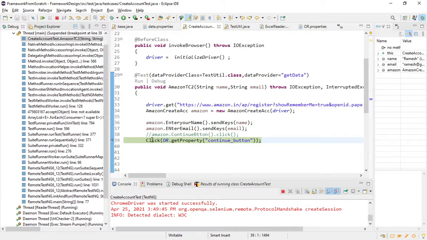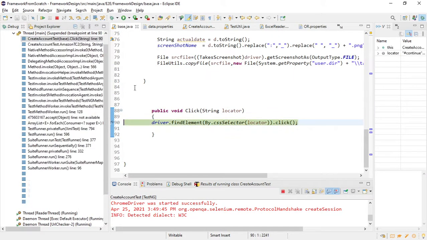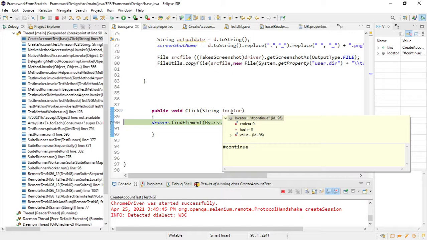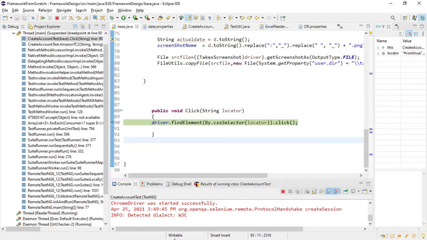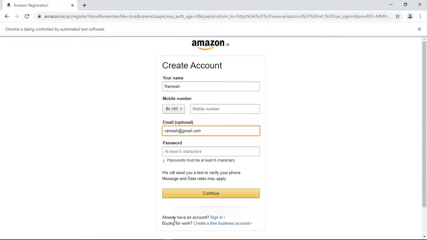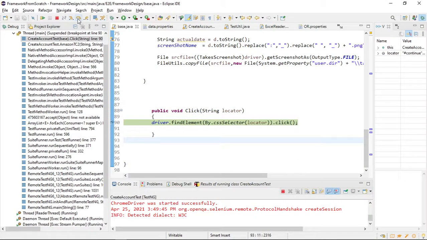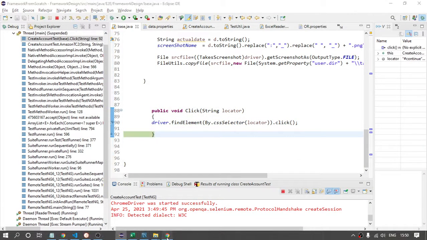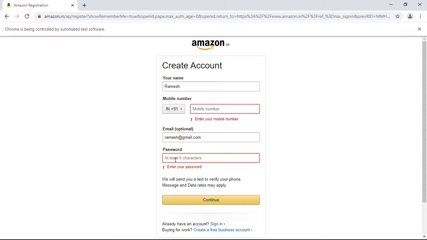Once you are here, just get this property, continue button. So what is the property? CSS, which we have defined. If I invoke this, now you can see what locator it has given us. This is the locator it has given us. If you see this last one, as of now we have not clicked on the continue button, but once I invoke this, it will do the same operation and click on the continue button. So you can see this error you only got once you click on the continue button.